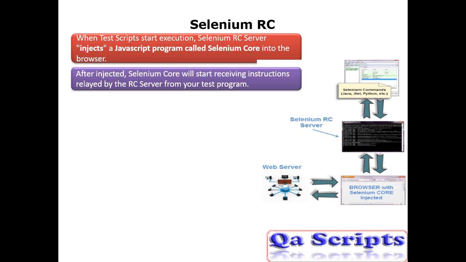So this Selenium core will send the received instruction to the JavaScript of the browser so that the interaction happens very easily. If Eclipse sends one method saying enter ABC text into an edit field of the application, that message will be sent to RC first. RC will convert that particular command in the way Core Java can understand.